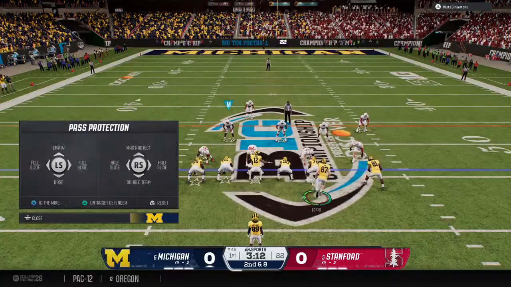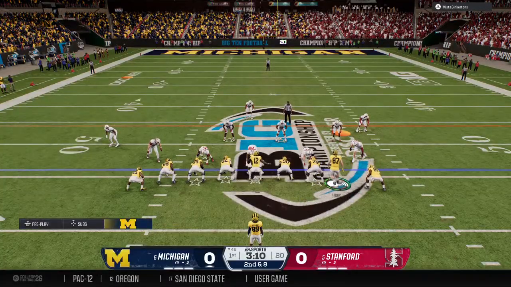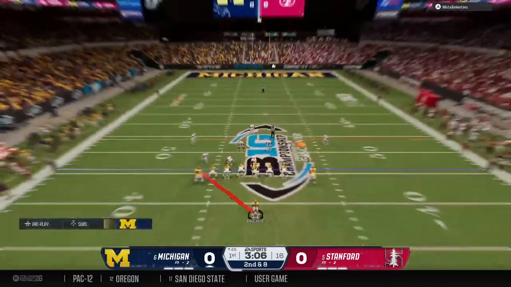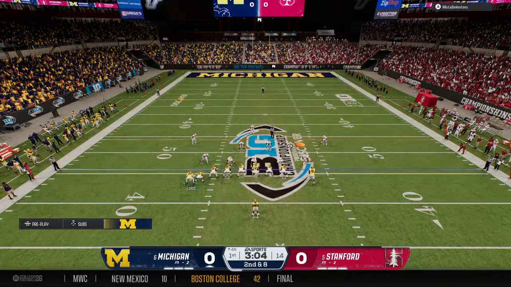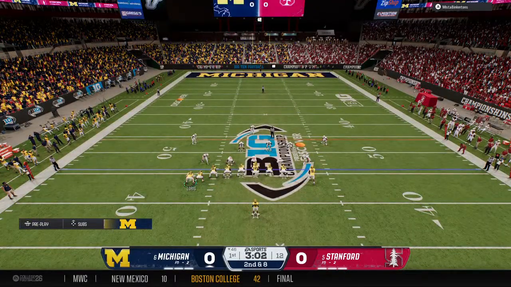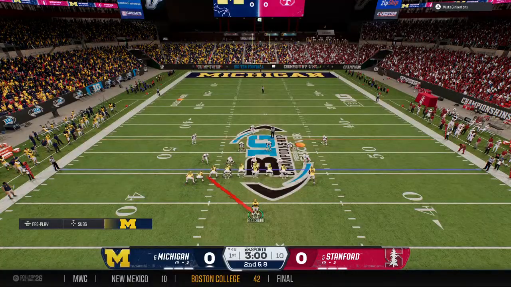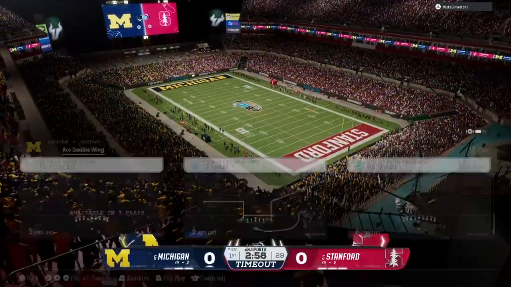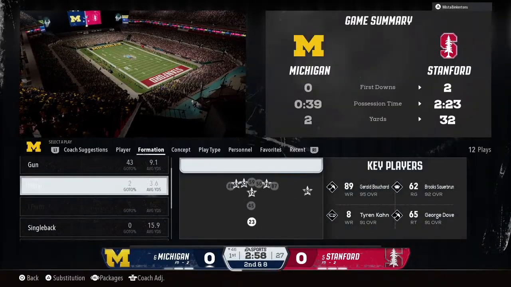Movement here from the tight end. And the offense will quickly spend a timeout here after the play.